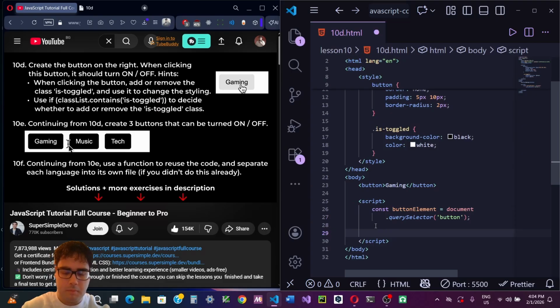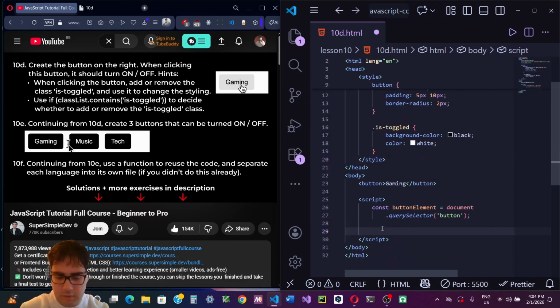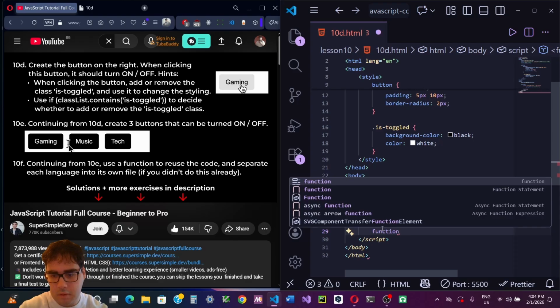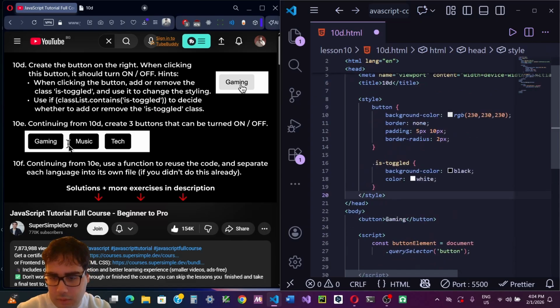Okay, so I want to say function. Okay, so when clicking the button, I remove the class is toggled. So we're gonna get